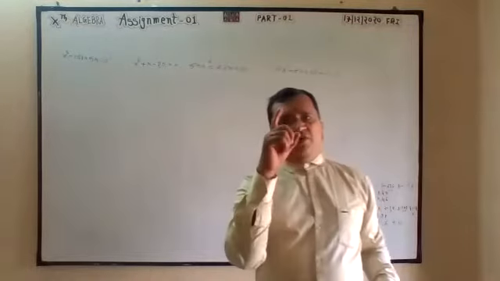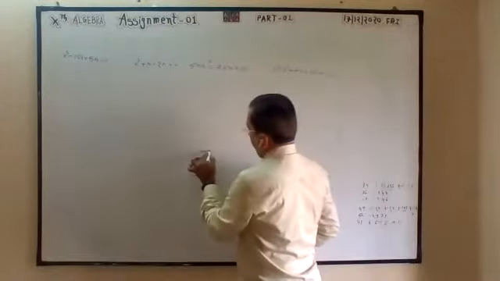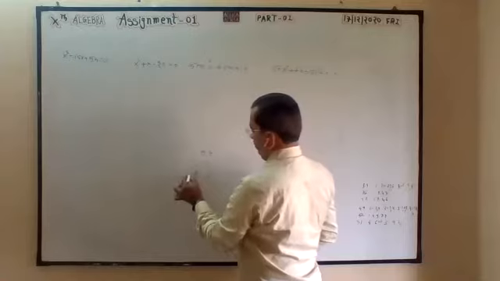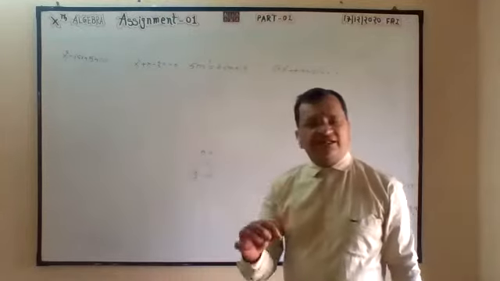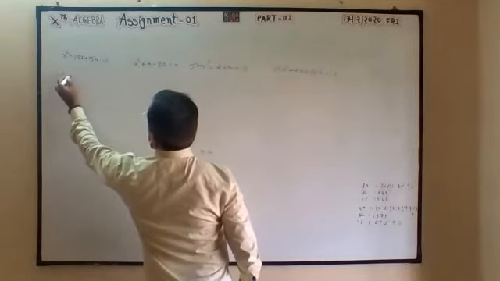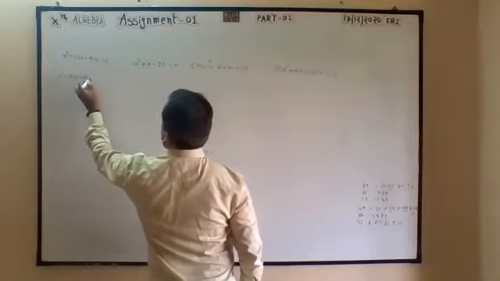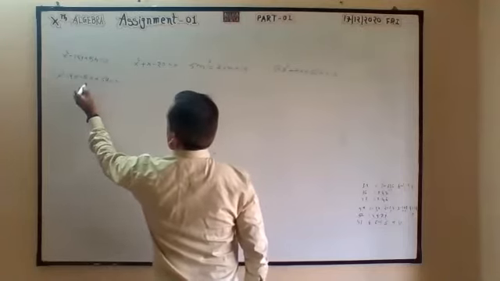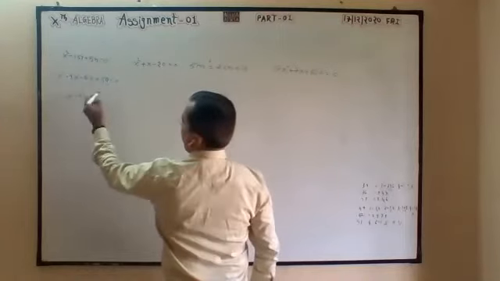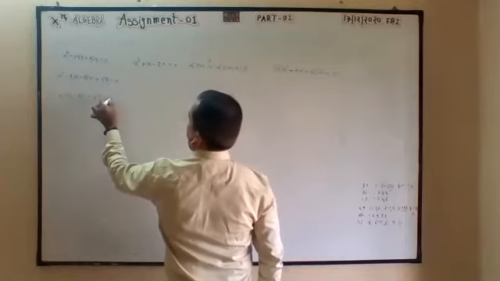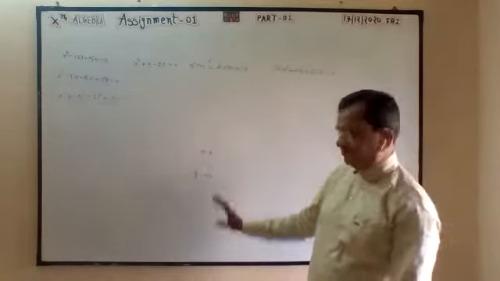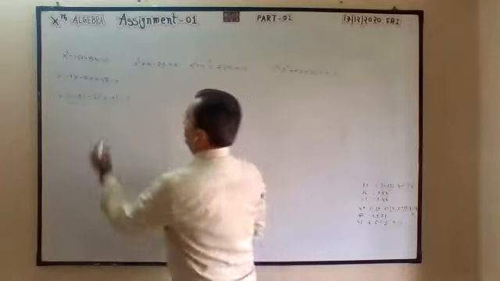From 54, we want 15. 9 6s are 54. We want minus 15. So minus 9, minus 6, minus 15. Very systematically you have to write x square minus 9x minus 6x. From first and last two, take common. x only common, 6 common. You will get the same bracket. If you are not getting the same bracket, it means something is wrong in this factor. Again common of common.